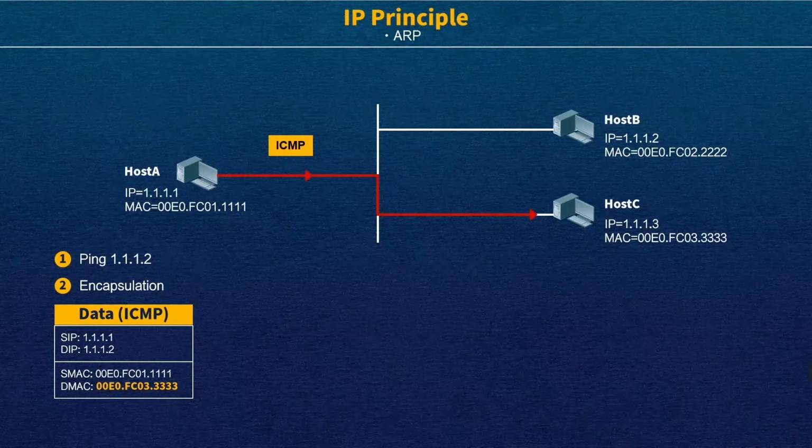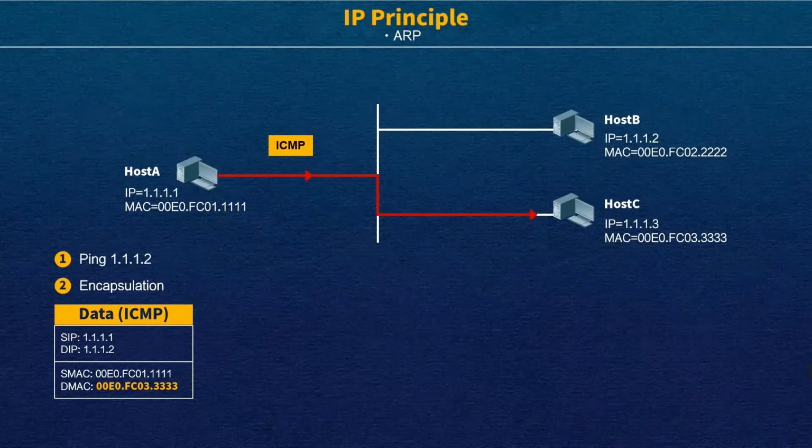But pay attention to host B. Host B is not the target of host A, but host B also will record the MAC address and IP address of host A into the ARP table, because next time I can directly use this information. So these are a little different. This is the function of ARP. And in this process, after we get the MAC address information, we can encapsulate the ICMP packets successfully.